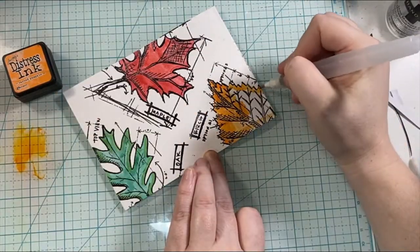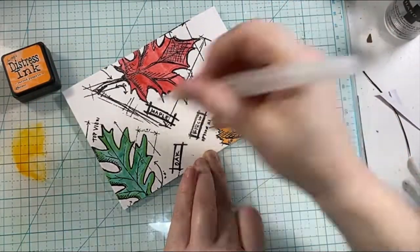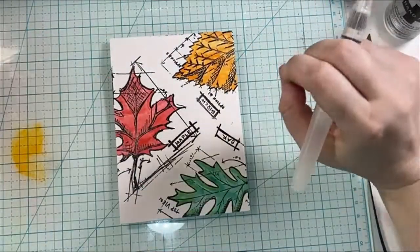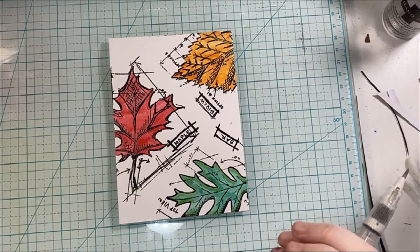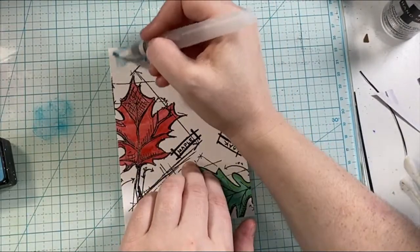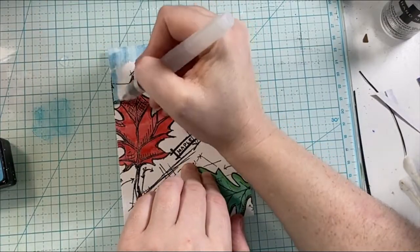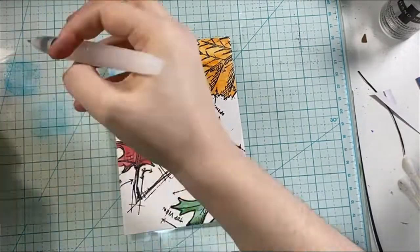Then you're going to see how I add the sentiment with this Tim Holtz stamp set. Some of them come with sentiments, but some of them don't, so you have to pull different things, or maybe pull some letter dies to get sentiments. So you will see how I do it here to give it that vintage look that sometimes Tim Holtz puts